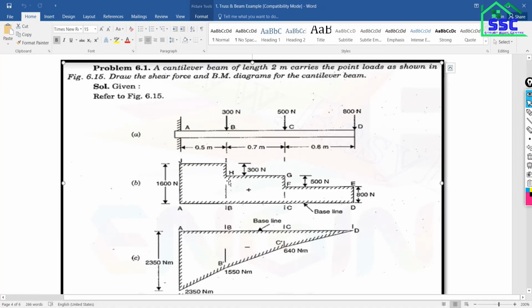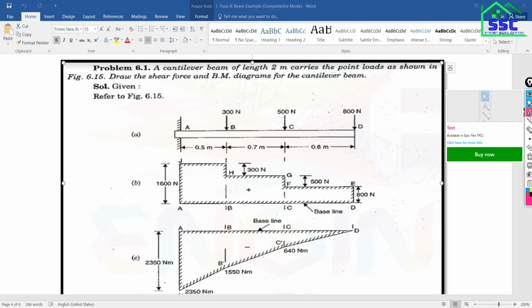So as you can see here, this is 1600, and if you minus 300 from 1600, it will become 1300. So this is actually 1300.